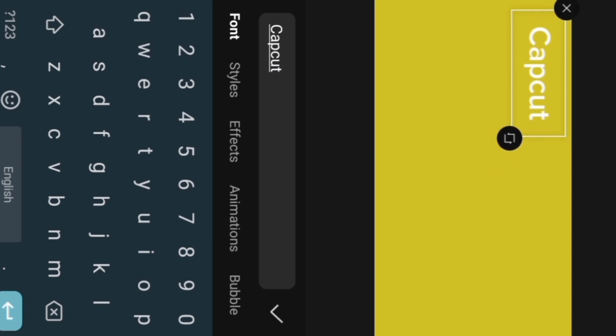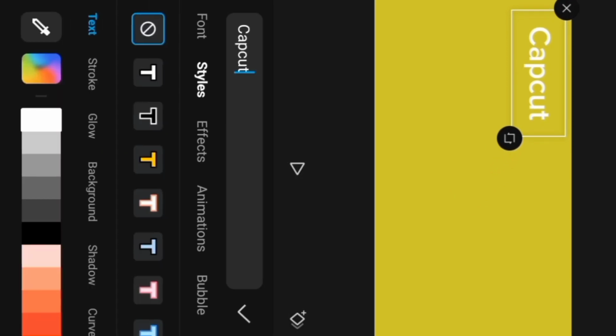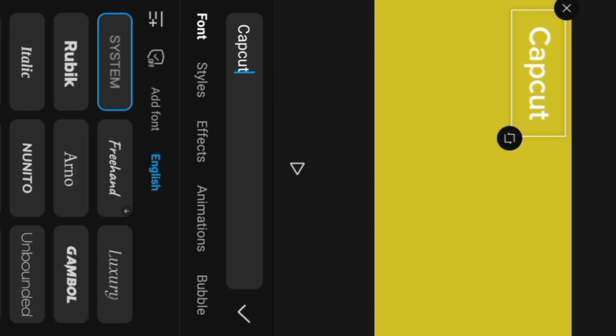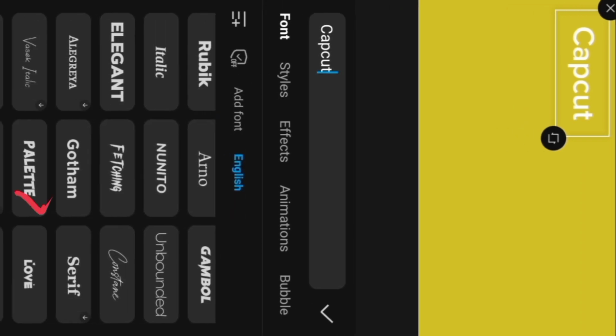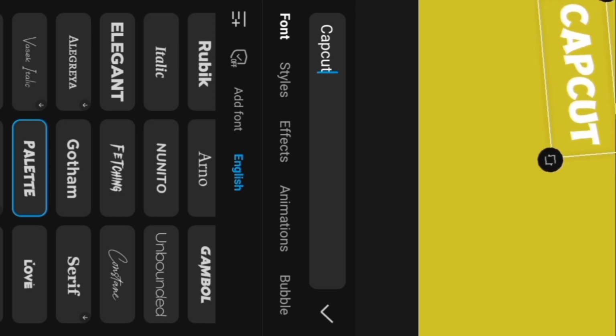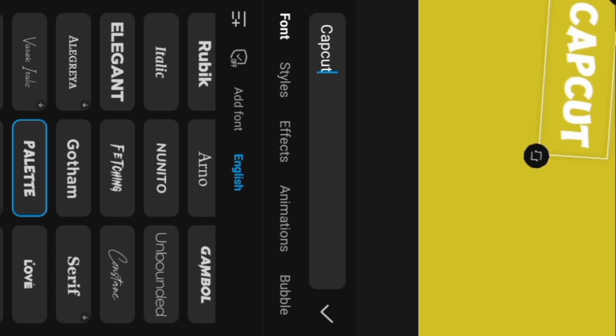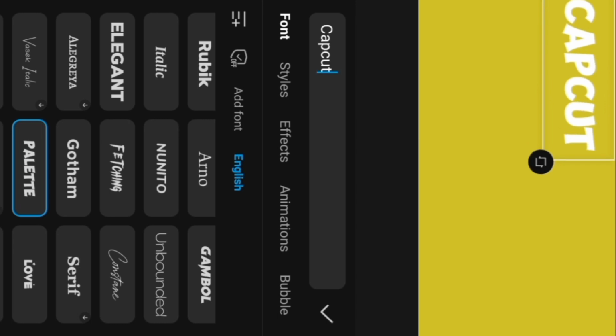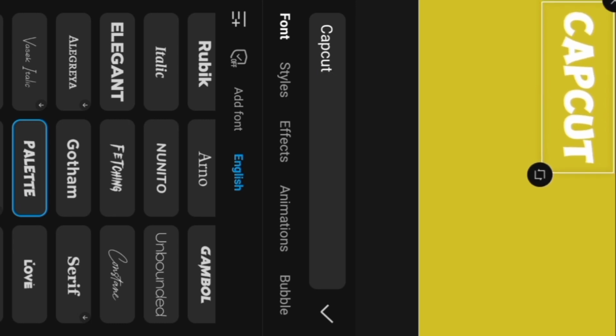From here, you can go to the font and select the font type. I usually like to work with one that is called palette. So that is usually what I use. So you tap on the desired font type and your text on the YouTube thumbnail will change to that particular text. So you can use both fingers to drag, to enlarge it, to minimize it, to center it, or move